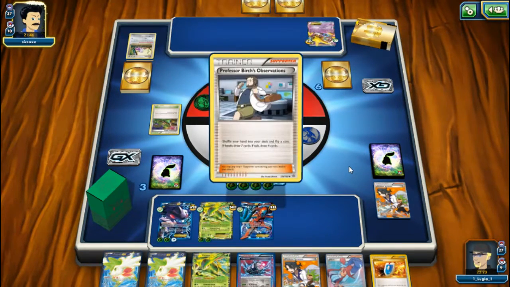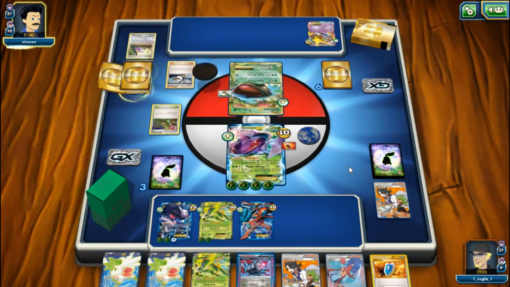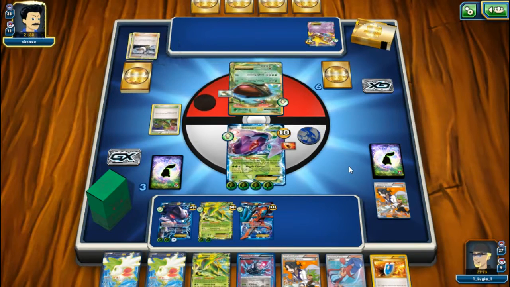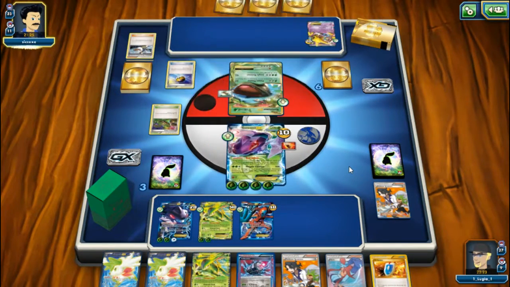Okay, Float Stone on the Venusaur. He plays a Birch. And tails. This is why we don't play Birch, because it sucks. If you're gonna play Birch, you might as well play Shauna. Or even better, have the disruption and play N, but...